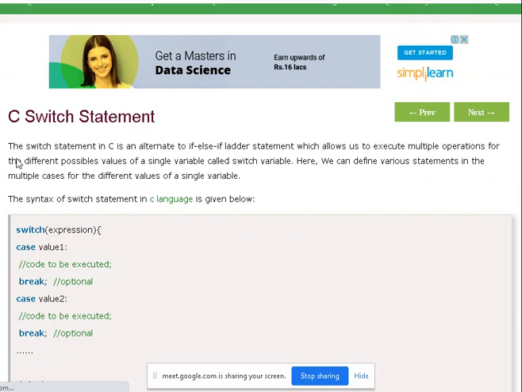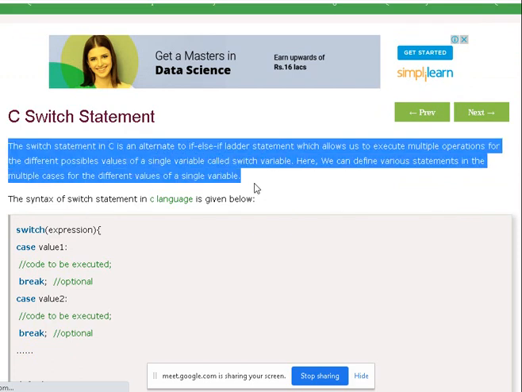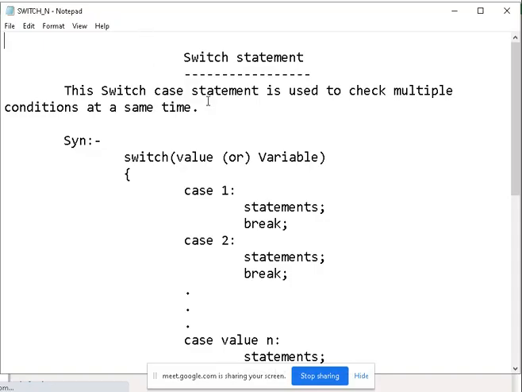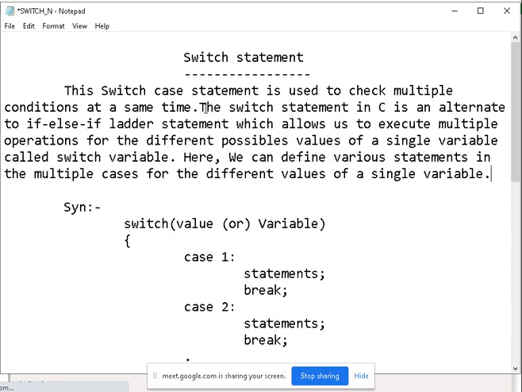If I want to explain this concept, I will tell you one example. Whenever we go to any restaurant, first we will ask for the menu card. Am I right? In that menu card, what will it contain?